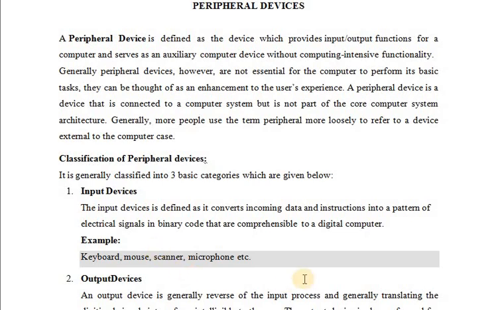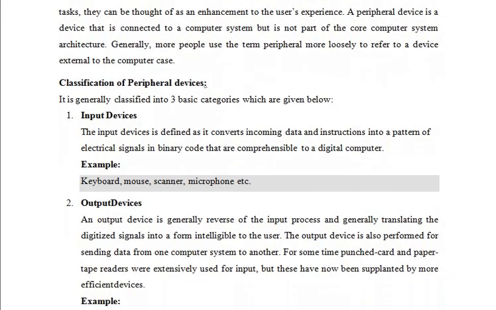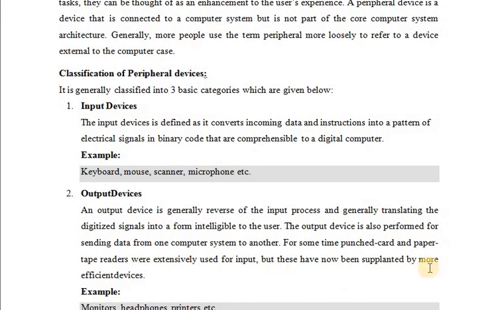Now we will see the output devices. Output is generally the reverse of the input process, translating the digitalized signals into a form intelligible to the users. The output device is also used for sending data from one computer system to another. For some time, punched card and paper tape readers were extensively used for input, but these have now been supplanted by more efficient devices.